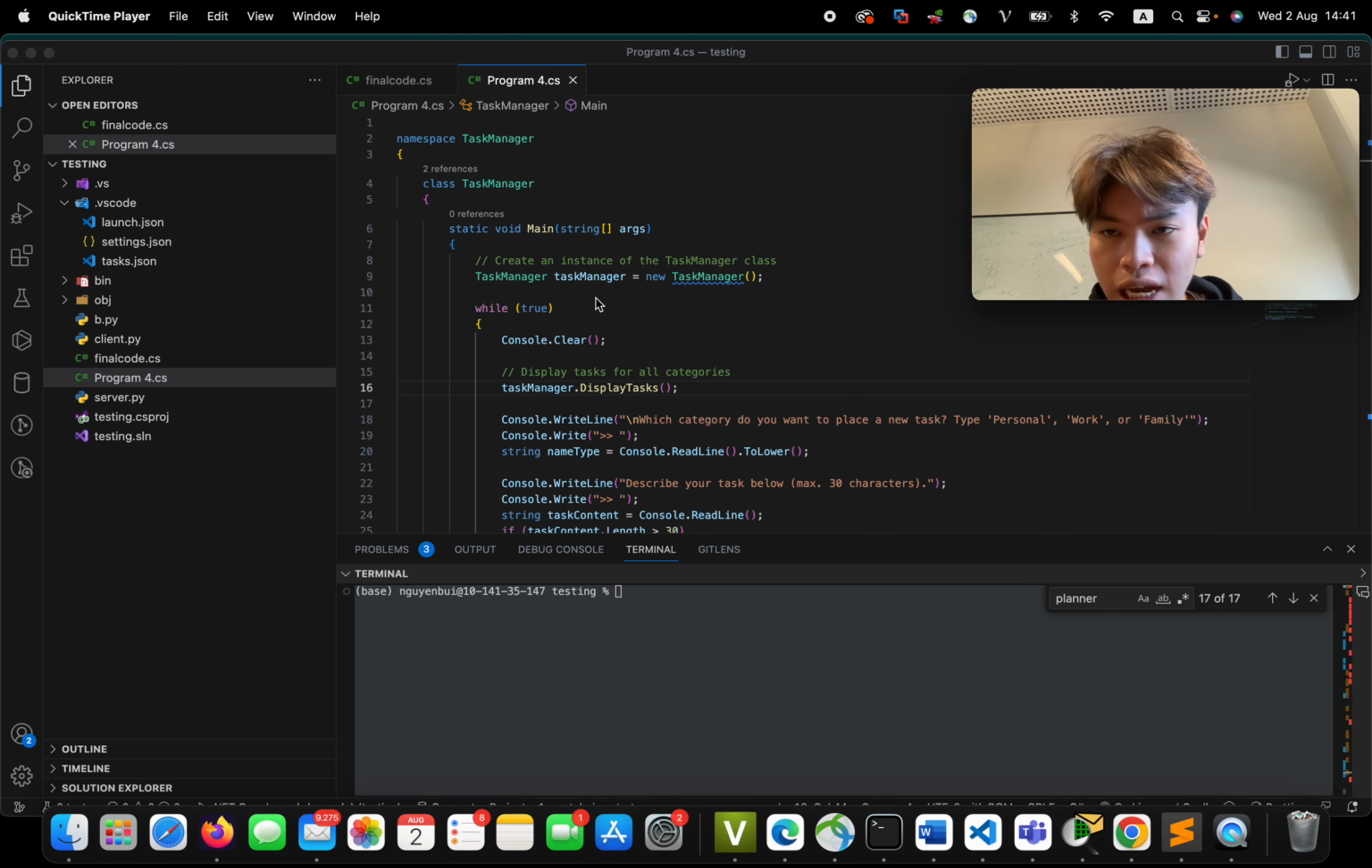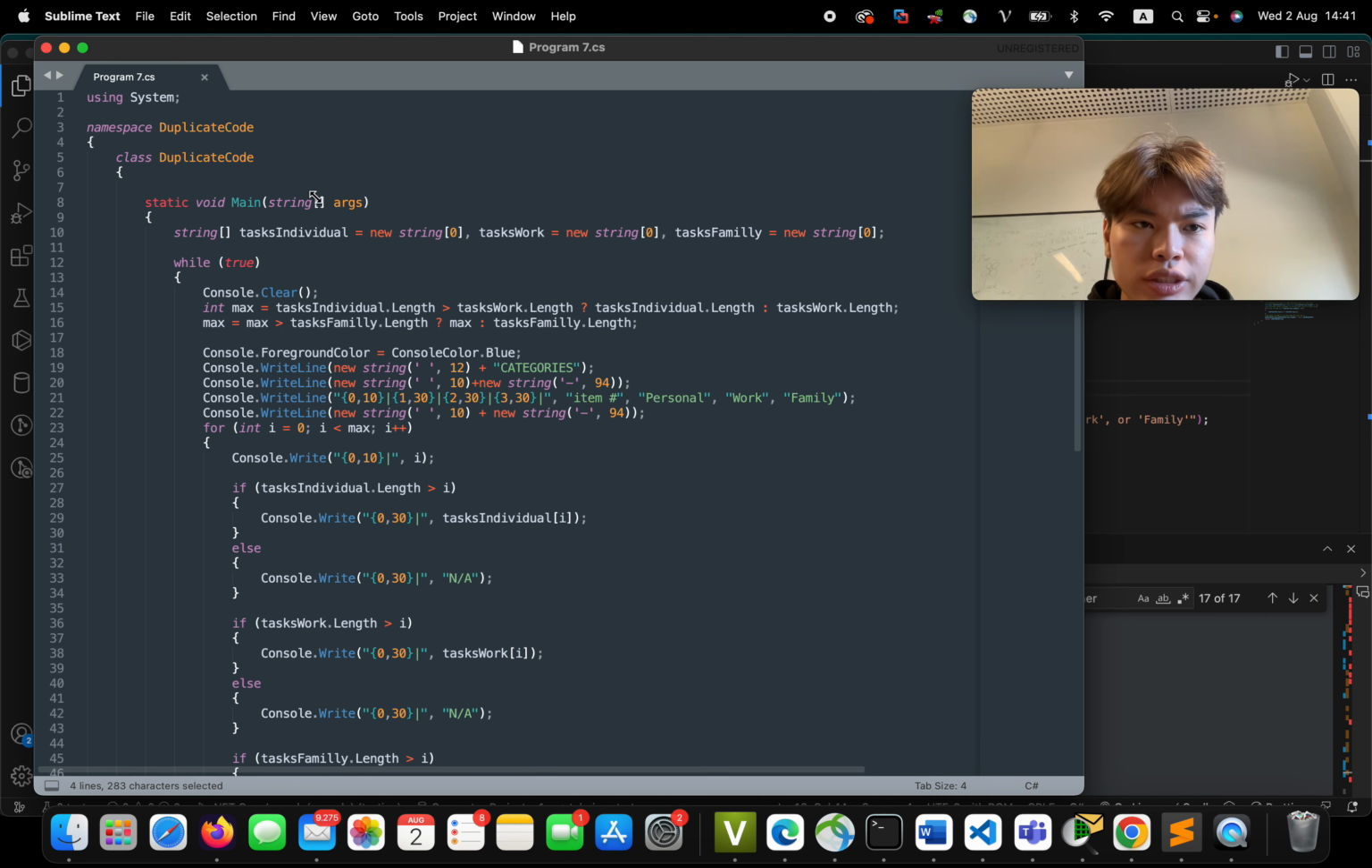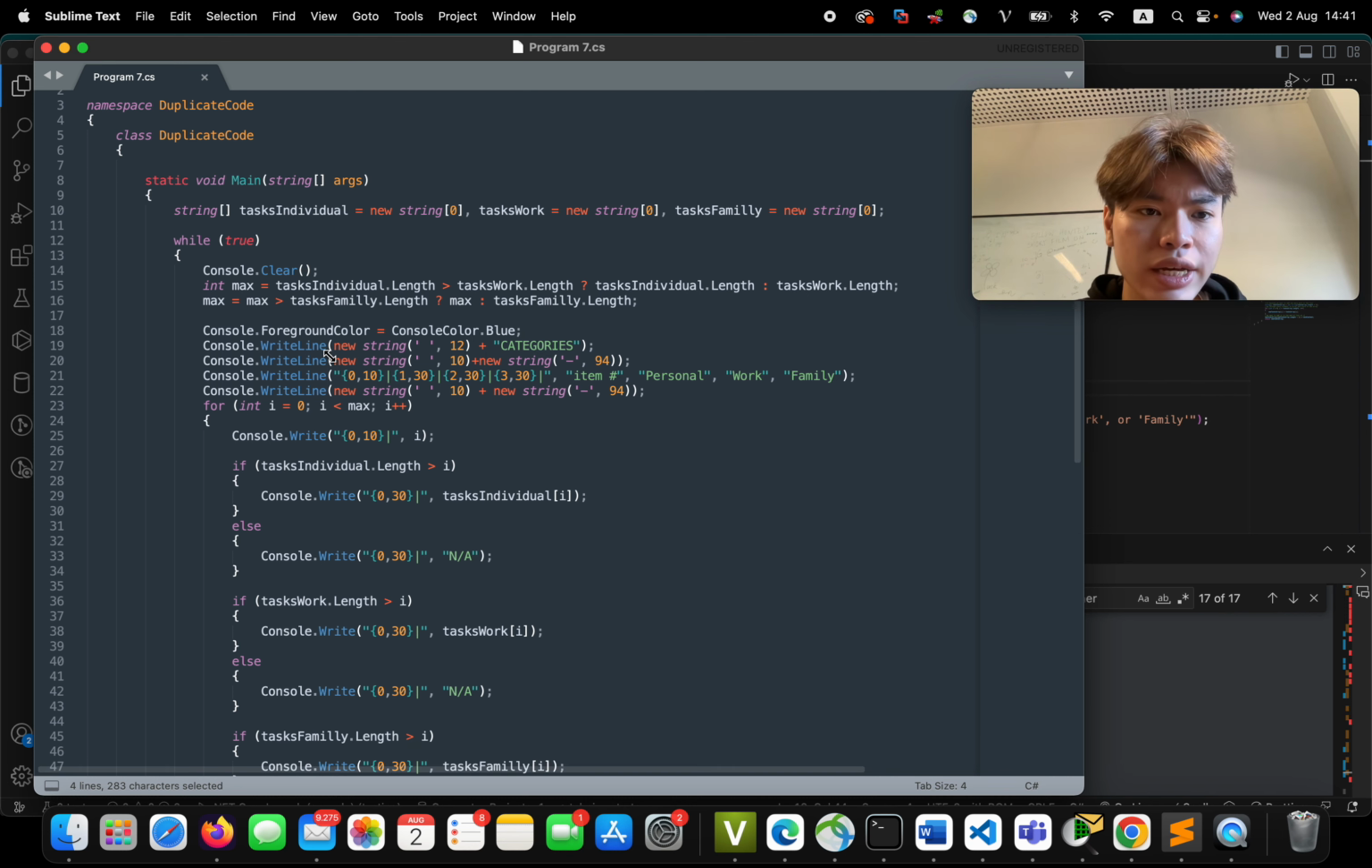Solve the bug in the assignment. Let's just go straight to the code. So first you can look in here and you see the given code, and you see that